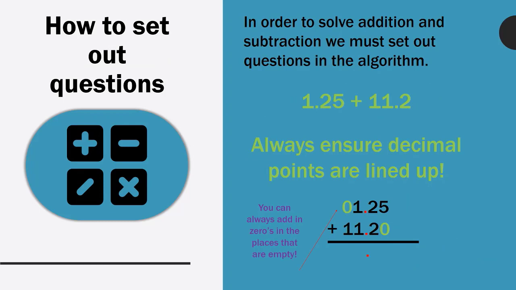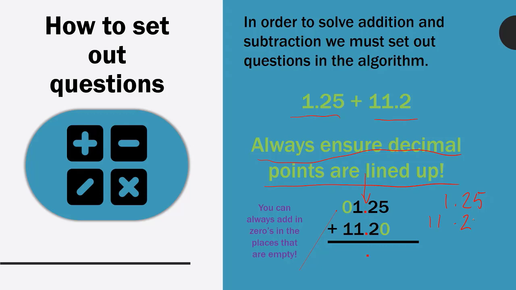So how do we set out these questions when we're doing addition and subtraction? The most important thing is, when we solve an addition or subtraction, we must make sure that our decimal points are lined up. This is the most important thing in this topic, making sure that our decimal points are all in a straight line in this algorithm. So if I was doing 1.25 plus 11.2, I would just make sure that my decimal points are all in a straight line. Now, when you first write this, it would look something like this,